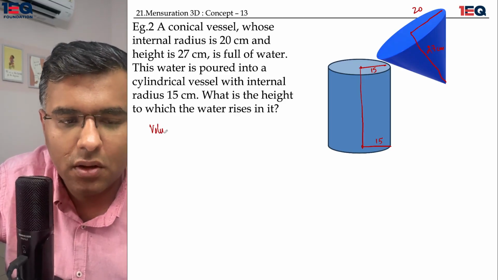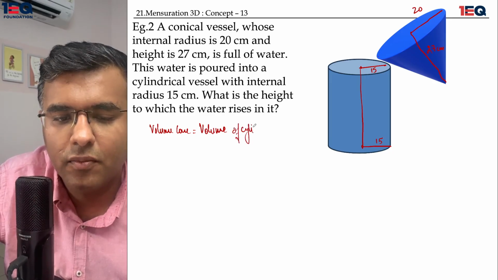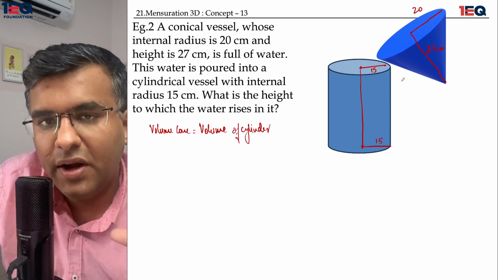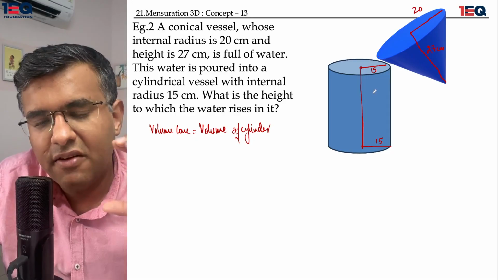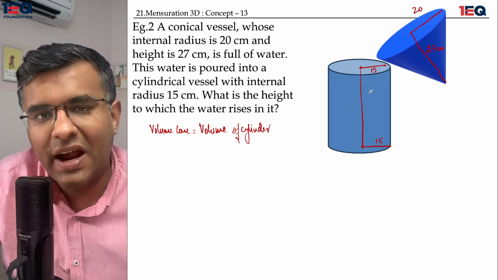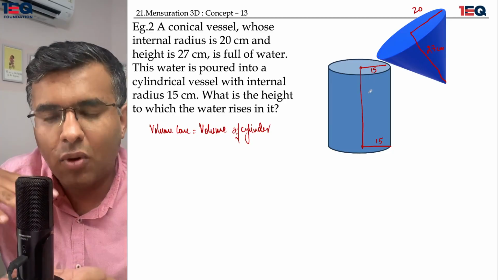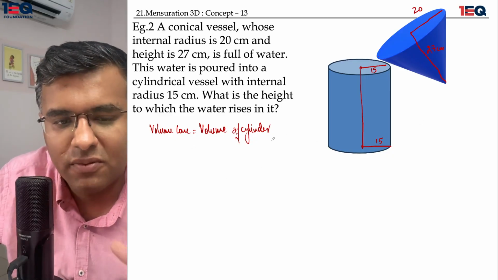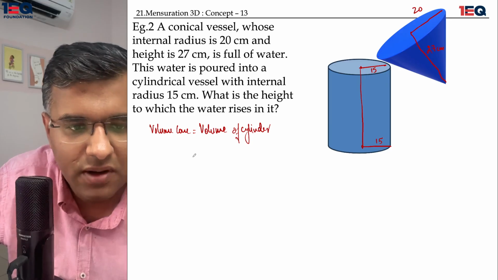If I equate the volume of the cone to the volume of the cylinder, we will reach a point when the cone empties itself completely and the cylinder fills itself to a level where the height is big enough to contain all the water from the cone. Okay, so we just need to simplify the things, and volume of the cone is equal to volume of the cylinder. So when we say whose internal radius is 20 centimeters, we're talking about the conical vessel, which is going to be